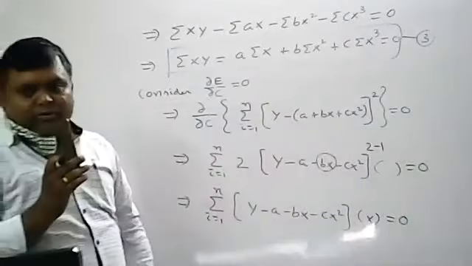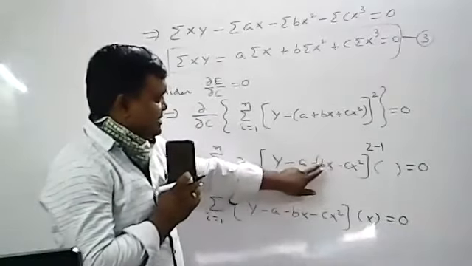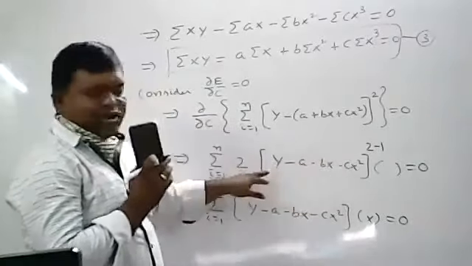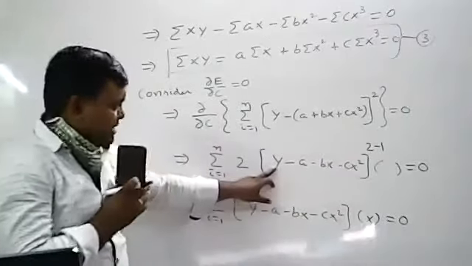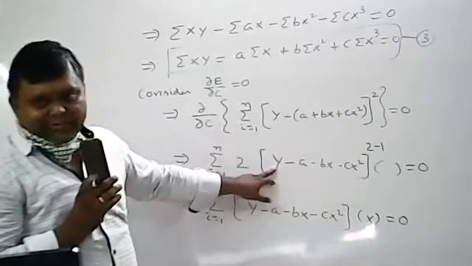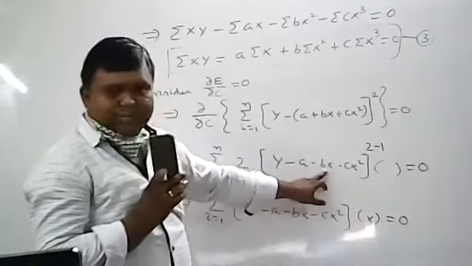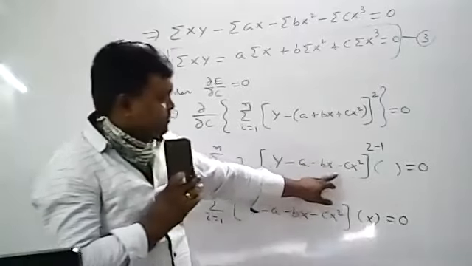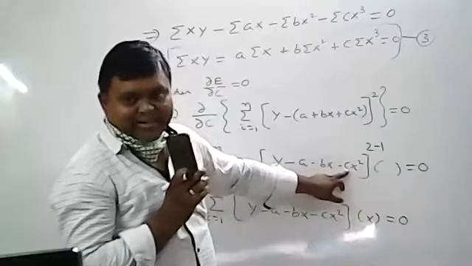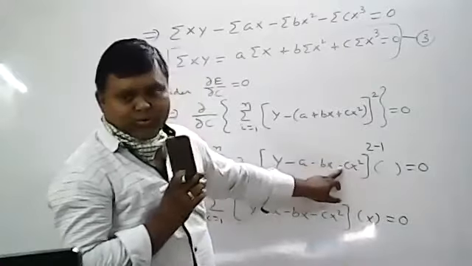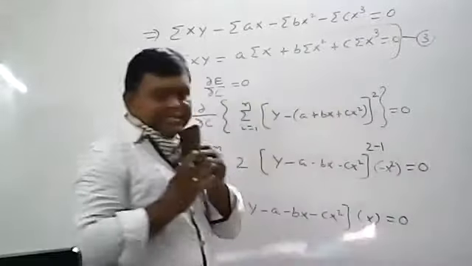Now with respect to c you are doing partial differentiation. So wherever c is there, that term exists. Wherever c is not there, that is a constant, and the partial differentiation is 0. Now c is not here, so it is a constant, partial differentiation is 0. Here also c is not there, partial differentiation is 0. Here also bx, c is not there, partial differentiation is 0. Now here c exists. So with respect to c, cx square gives x square, and minus is there. So what is the coefficient you will get? Minus x square.